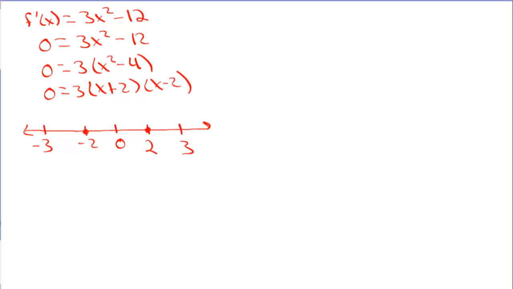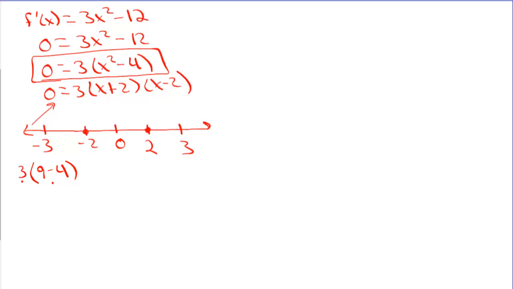And we're going to plug these values into the derivative. We're testing the derivative to see if the function increases or decreases in between these values. When we plug negative 3 in, we get 3 times 9 minus 4, which is a positive times a positive. So that's positive. This function is increasing to negative 2. And actually, instead of writing a plus, we have some symbols that will make your life a lot easier down the road. And what I write when the derivative is positive is I say, well, this function is increasing